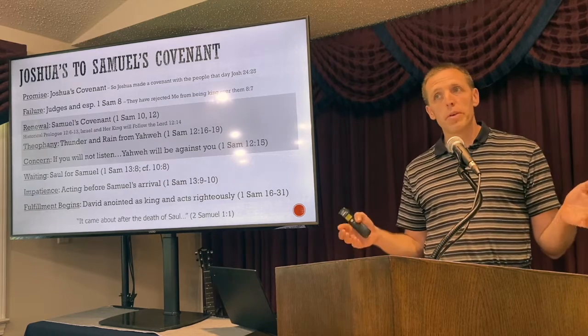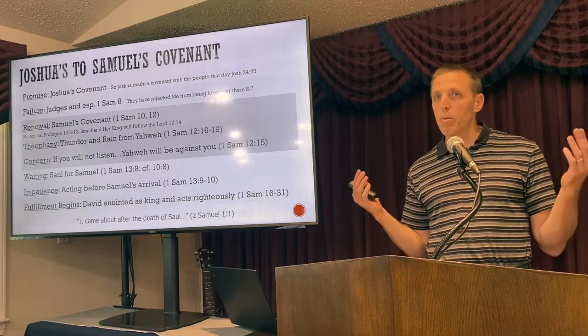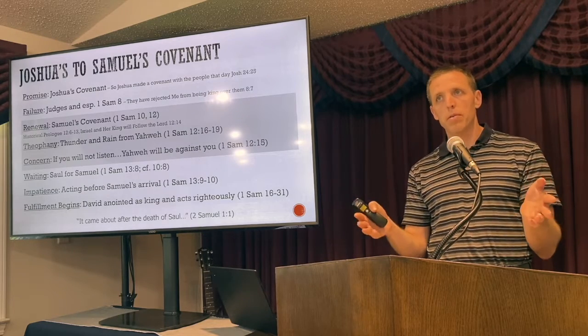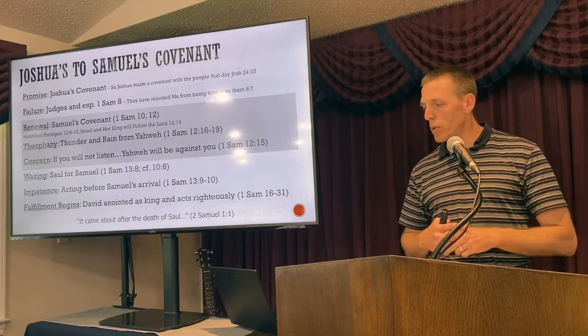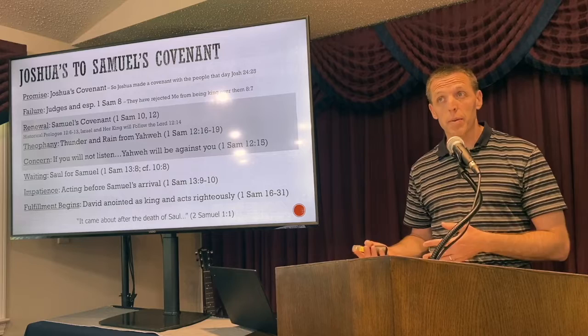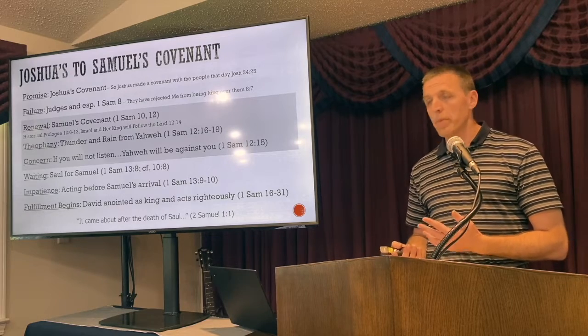They fail miserably to be the Lord's people. They said, hey, we will obey the Lord, just like you, Joshua, you're committing to be God's servant. We commit to it as well. They fail. The book of Judges is a great example of that. It's not the best example. The best example is 1 Samuel 8.